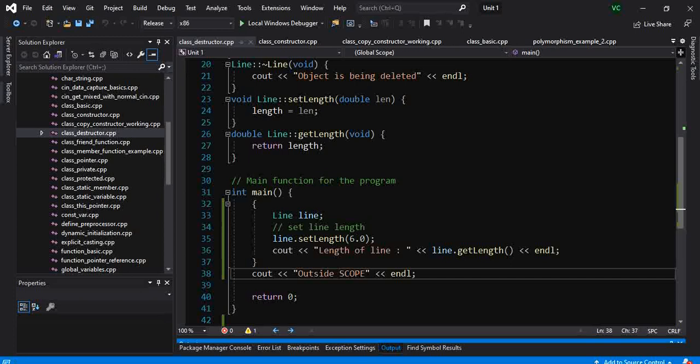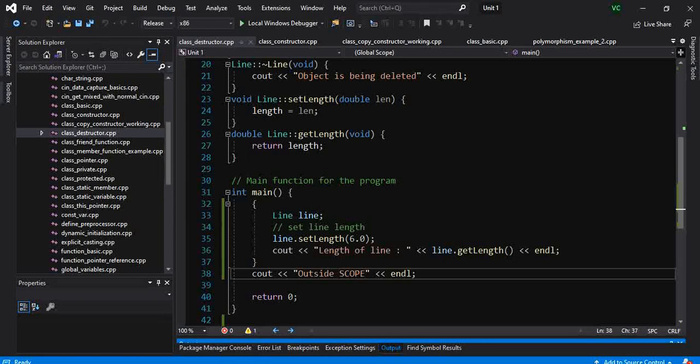For example, whenever we have a function call, when the code enters the function, all the variables of the function get some memory, and whenever it exits the function, all that memory is released. Similarly, whenever an object of a class is created, memory is allocated for the object,